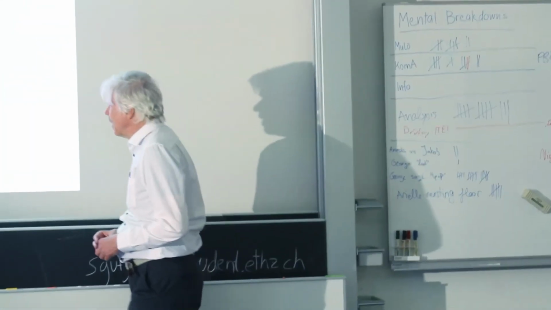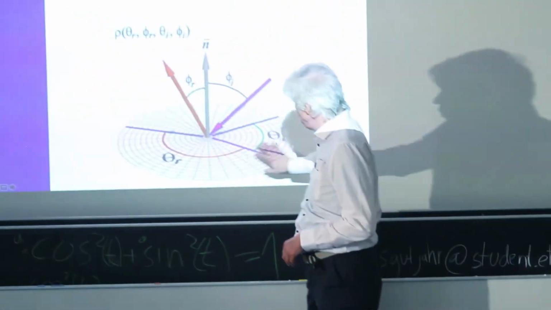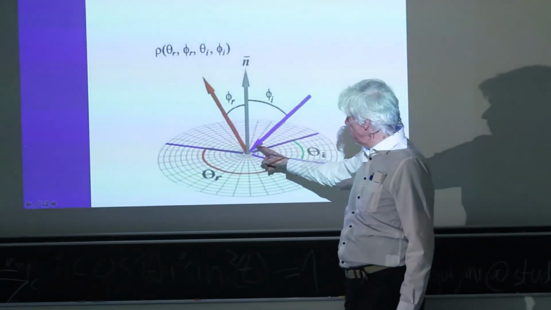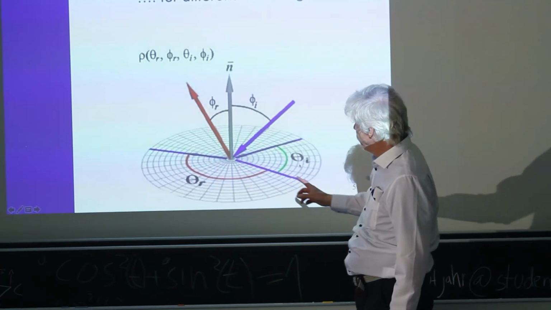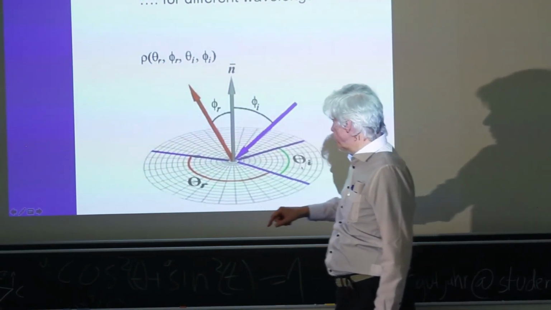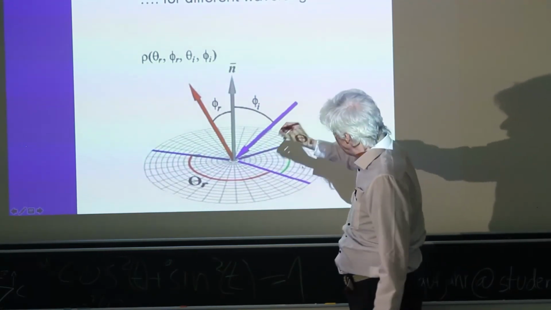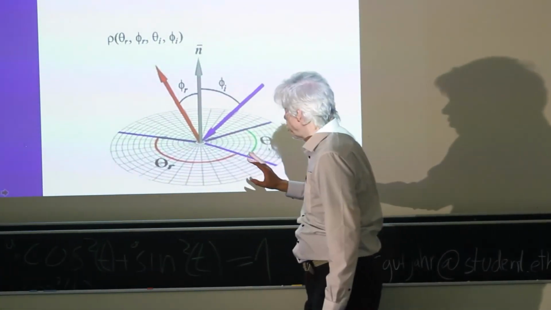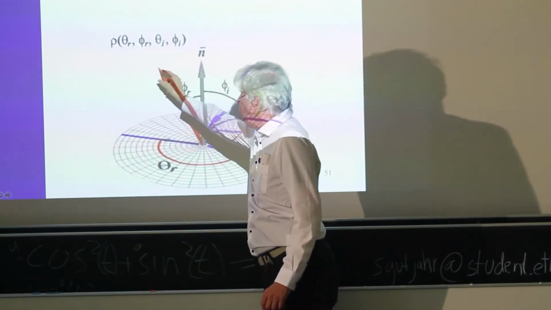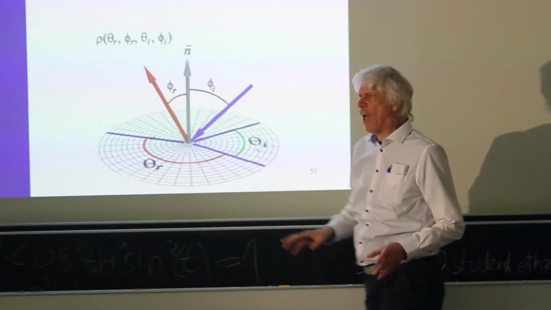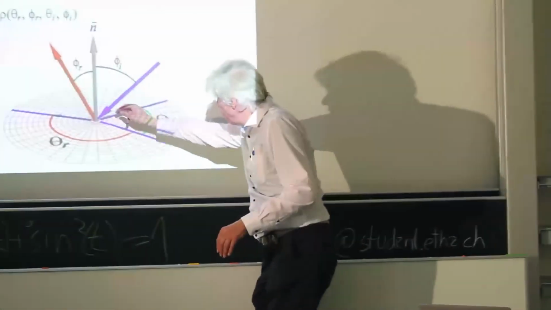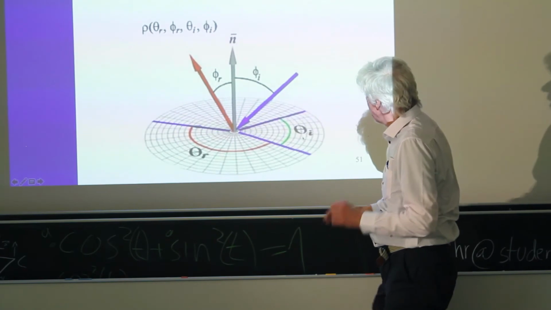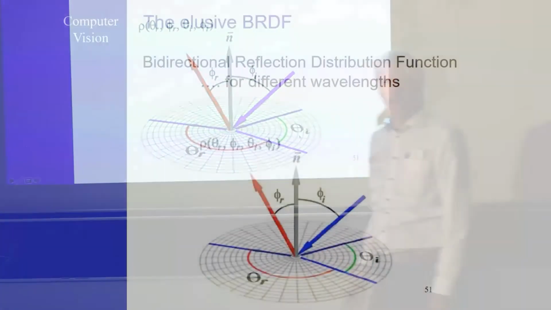So the idea is that if you have a patch on the surface and you have a normal, and you come in on a certain angle here, then you want to know how much is being reflected in different directions. But for all incoming angles, this blue vector, any direction, you want to know for each of these directions what happens in terms of reflection in all the directions of that red angle. So you want to have any blue angle or any incoming blue vector, any outgoing red vector in relative positions, and be able to answer from the light that comes in how much is getting reflected, and that also for